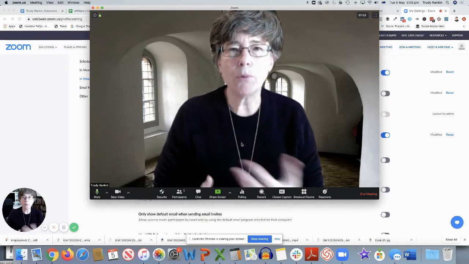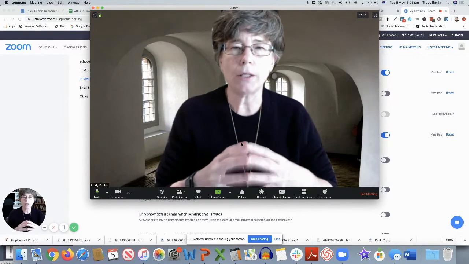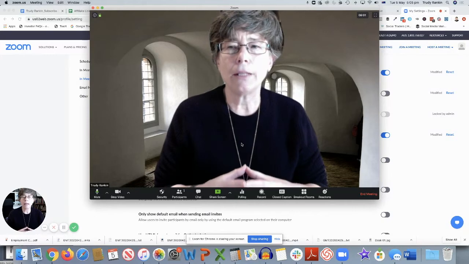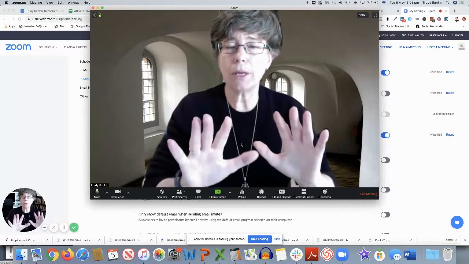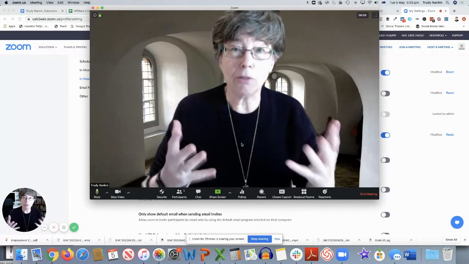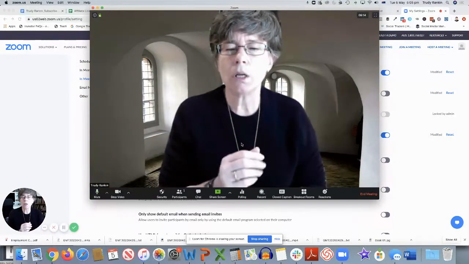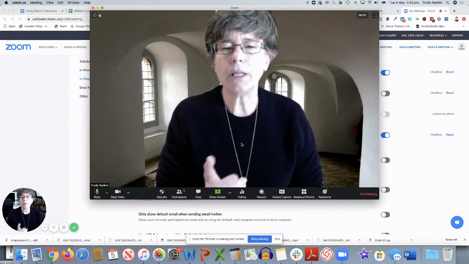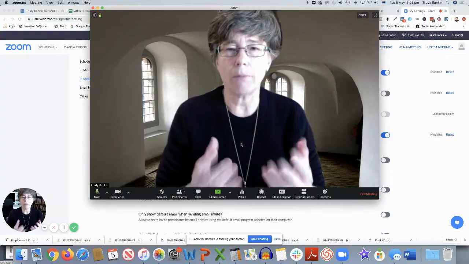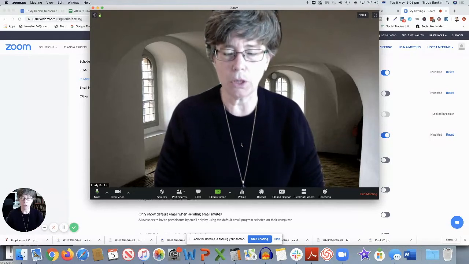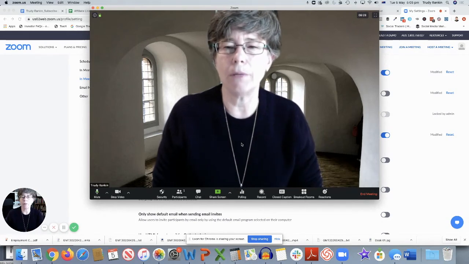And the other problem that can happen is that sometimes you'll try to set up a background image, and you can actually see both yourself and your background image, all three at the same time, and it makes it look a little bit like a scene out of Star Wars, or a little bit ghosty. It just doesn't work. The cause of that problem typically is that your camera is just simply not grunty enough to handle the demands of having a background image there and blending it with yourself while you're using both the camera and the background image as well.